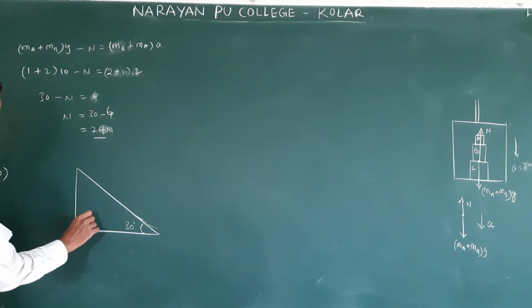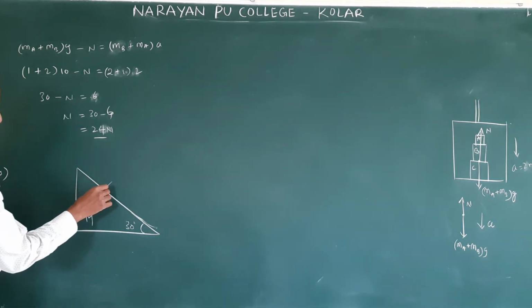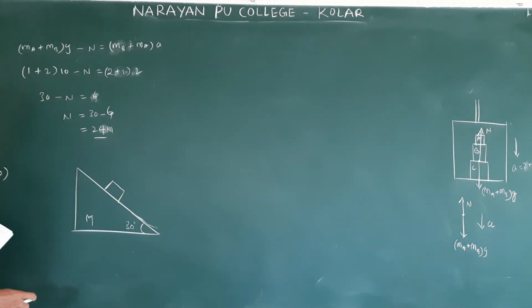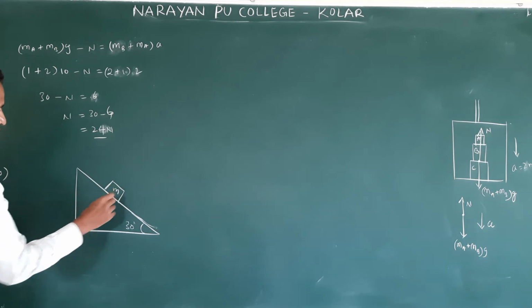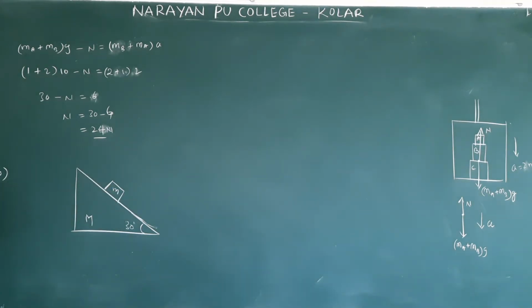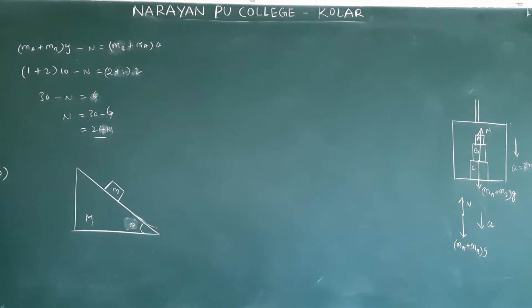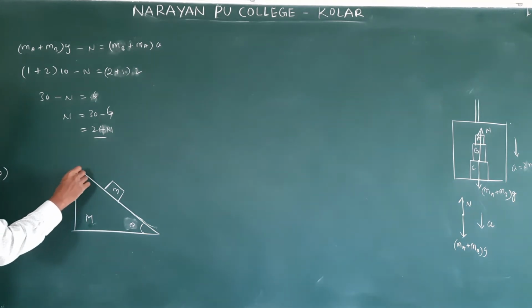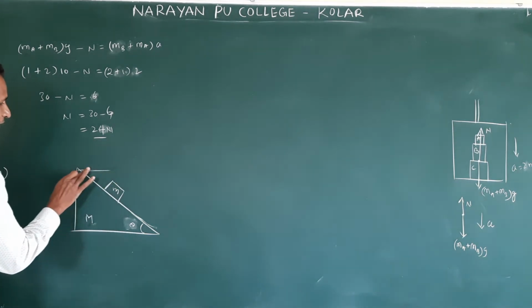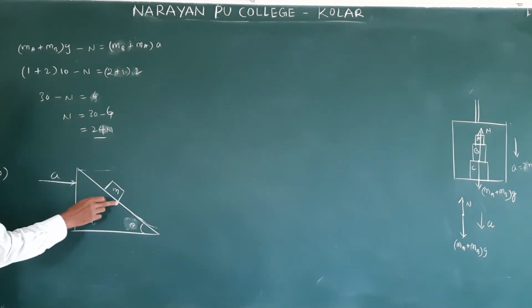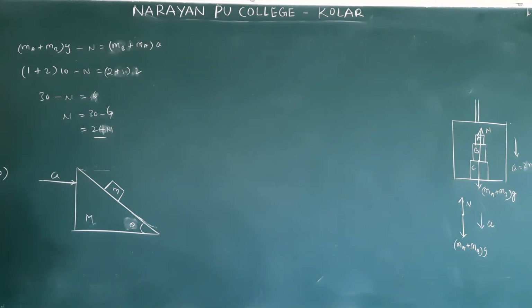This block mass we take as capital M. On this, another block is placed; this block mass we take as small m. First we frame the equations; we will take this angle as theta. Now this block is accelerating in this direction. The minimum acceleration to be given to this block is such that the other block stays on the inclined plane. What horizontal acceleration should be given to the triangular block so that the blocks move together?